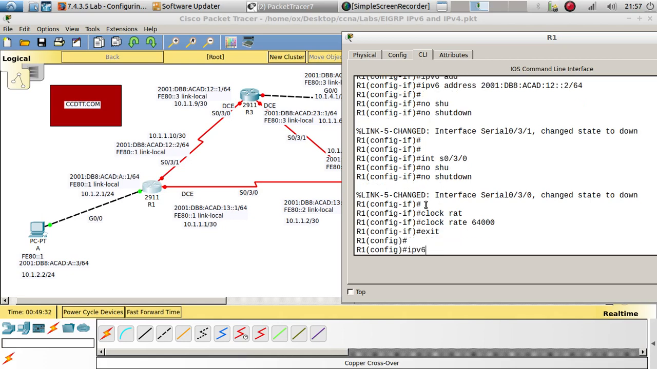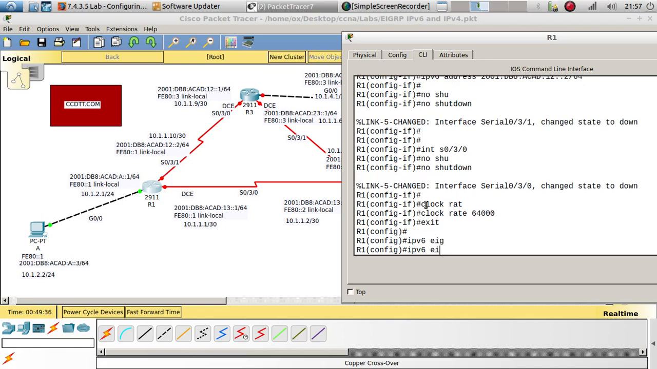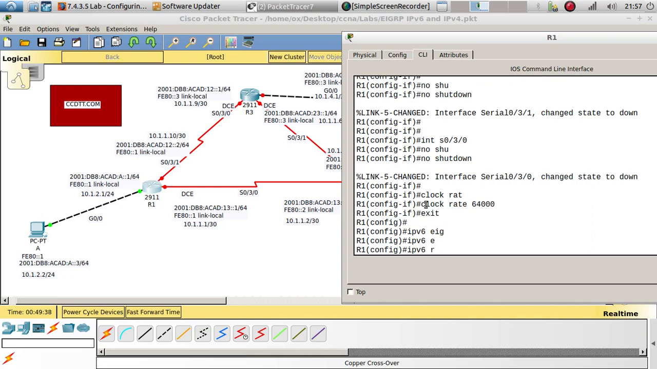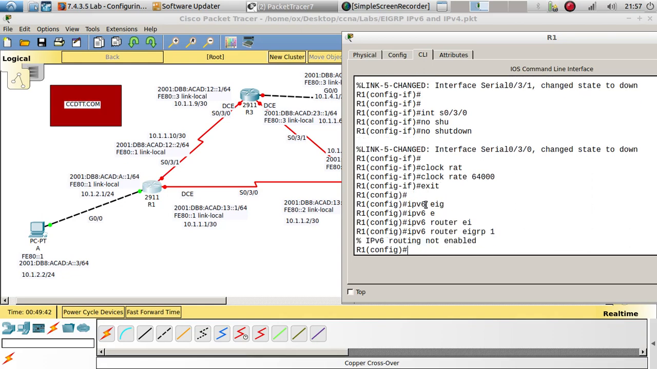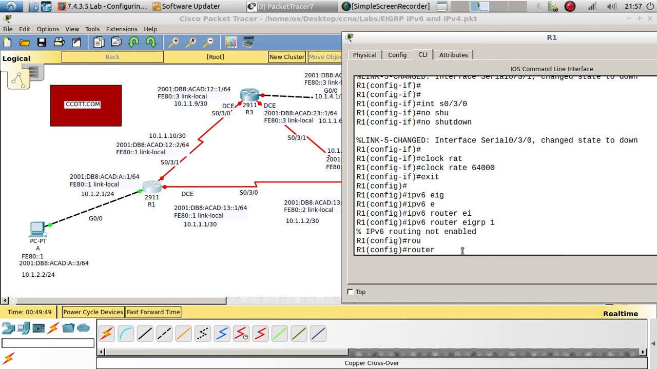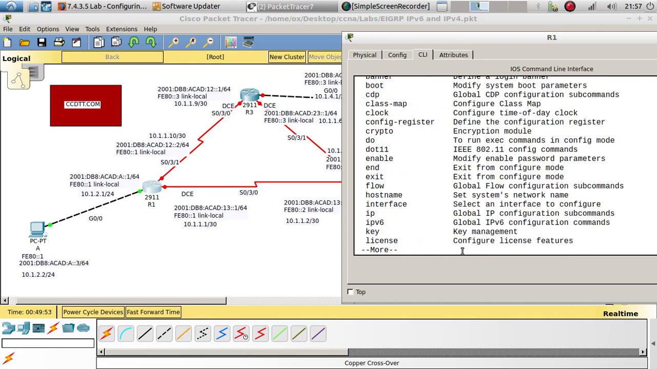So IPv6 and EIGRP: IPv6 router EIGRP. We are going to use EIGRP 1 for all of them. Okay, and it's telling me that it's not enabled. That's fine. Let's do a router ID. And the way you do a router ID,